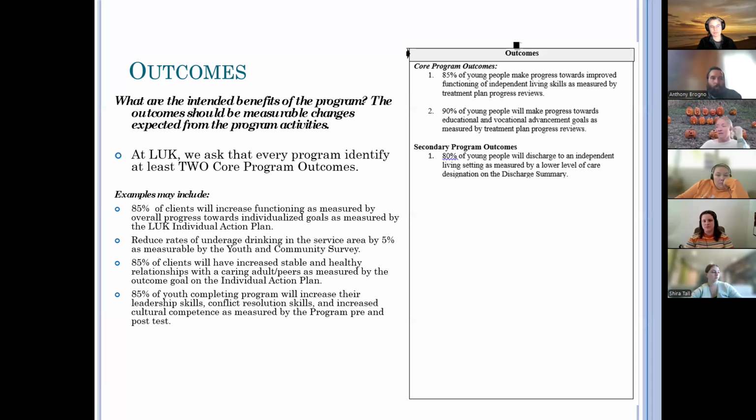Or is it really realistic that 85% of clients coming through substance use services are going to make progress on their substance use goals? Probably not, if I'm going to be honest. We have a very high rate of no-shows and people just kind of dropping off. So of course our outcomes aren't going to look that good. So we have to be realistic. Don't get stuck on a number, but don't set the bar so low that you achieve it easily. You're not going to get funding if you set the bar too low.